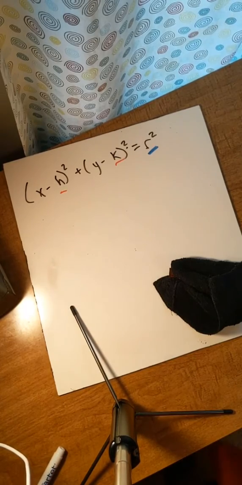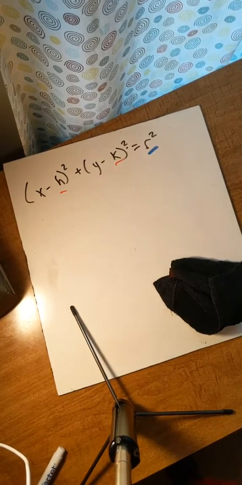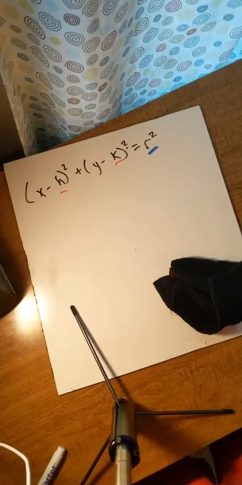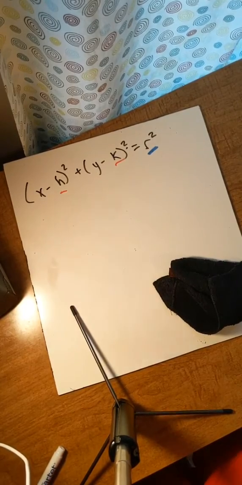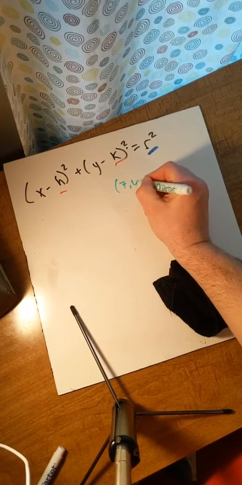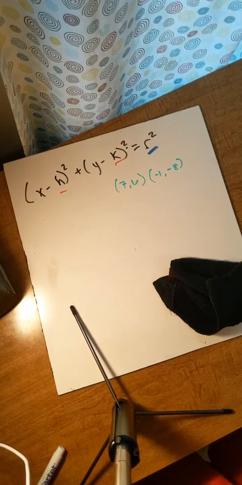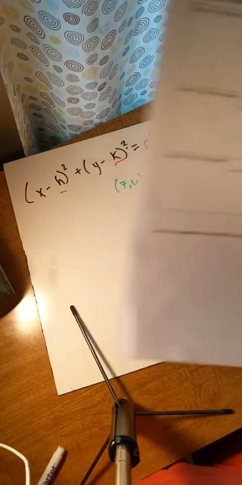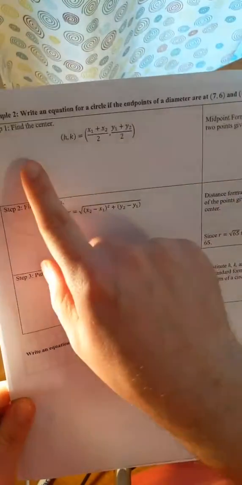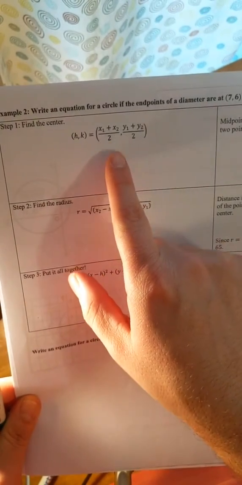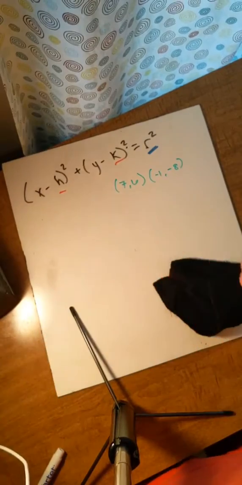So the first example problem, which has some guided notes to go along with us, is, okay, (7, 6) and (-1, -8). I'm just going to write that here. All right, so (7, 6), (-1, -8). The first thing we want to do, if we have those two endpoints, is to find the center. And to find the center, we're going to use the midpoint formula, which is, okay, add them up, divide by 2, add them up, divide by 2. So the center,